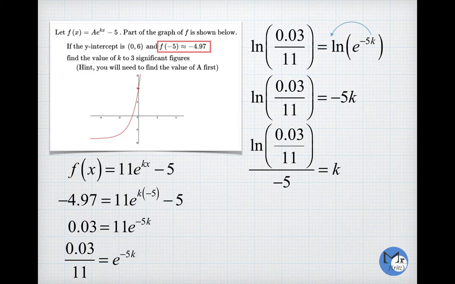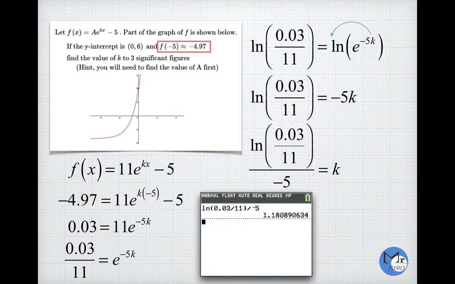Look at that. This is good. Now I'm ready to go to the calculator. And I'm going to type all this in just as we have it seen here. The natural log of 0.03 divided by 11. We'll close up that parenthesis, divide that by 5, and I get this answer of 1.18089, and so on. We want to round this to three significant figures, so that means that k is going to be approximately equal